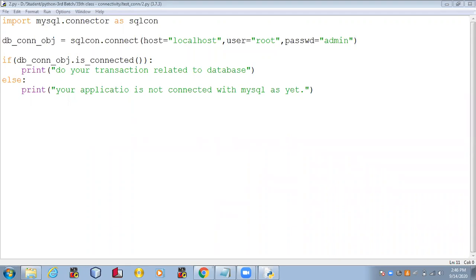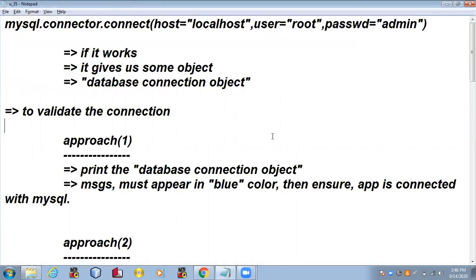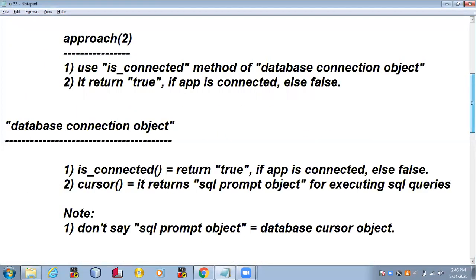So this is all about how to connect the application and how to validate the connection.